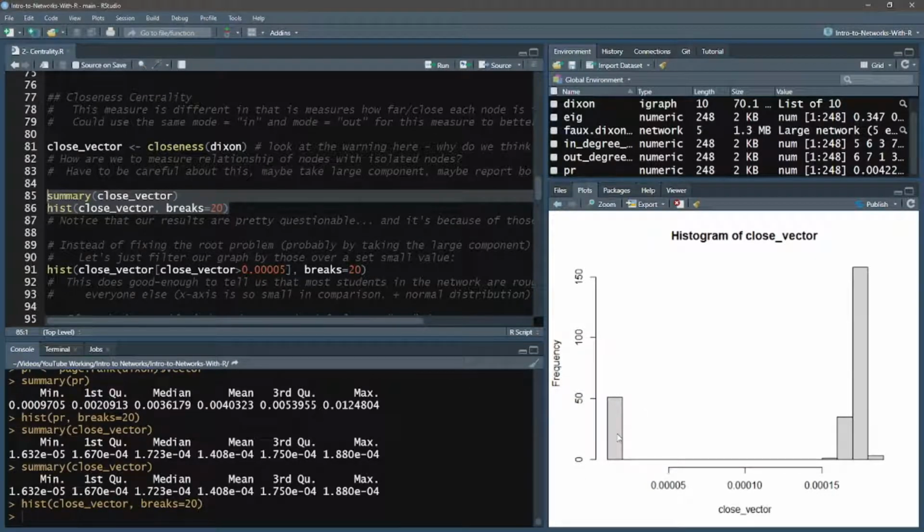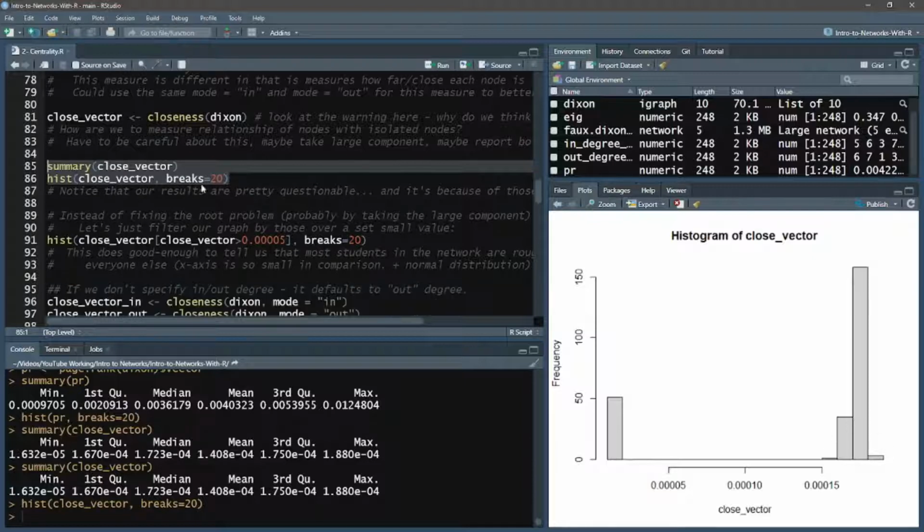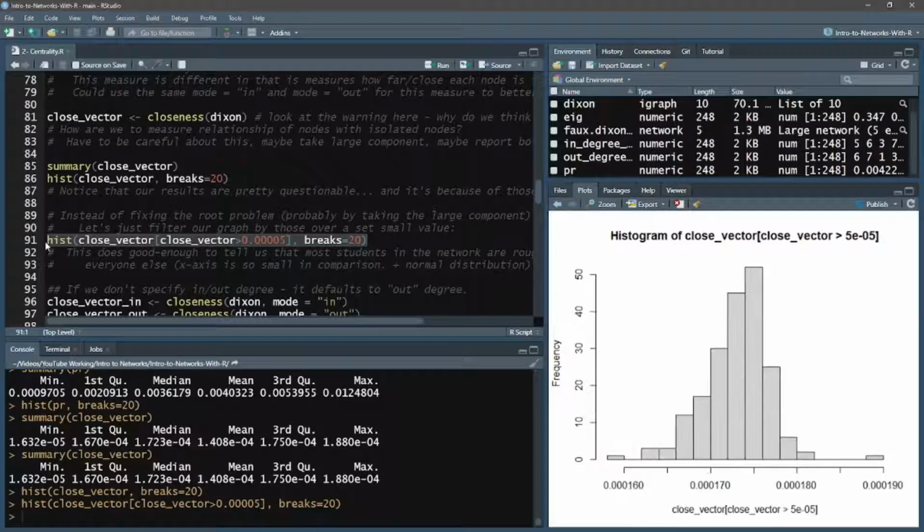Now, normally I wouldn't recommend cutting out outliers in this way, but just to see what this distribution on the right is, we could break out the bins to like 100 or something and try to see that. But what I'll do here for this histogram is only take the observations that are above 0. And then we'll be able to view this histogram for our closeness centrality. We see here we have a much more normal distribution without that leftward tail added on.